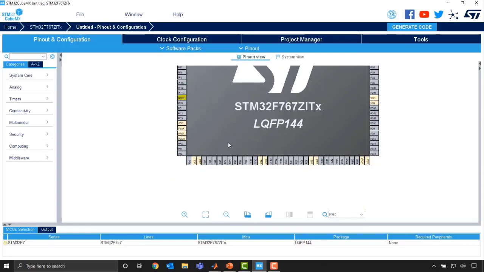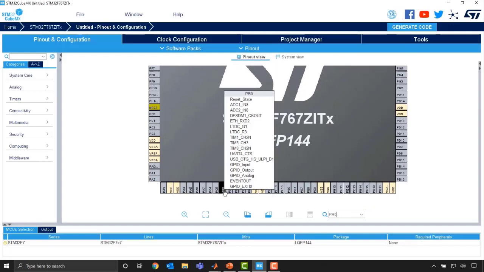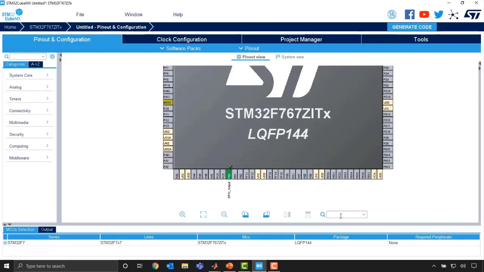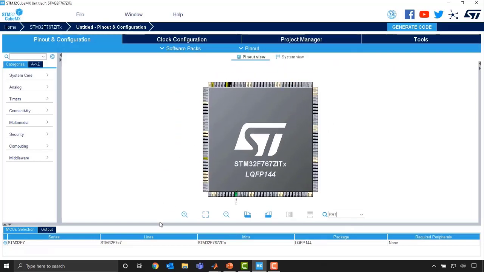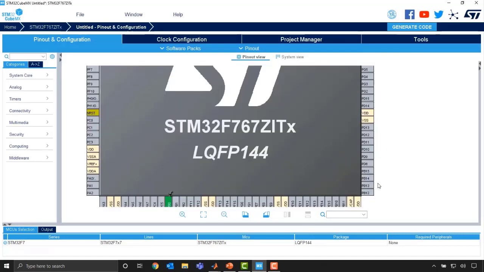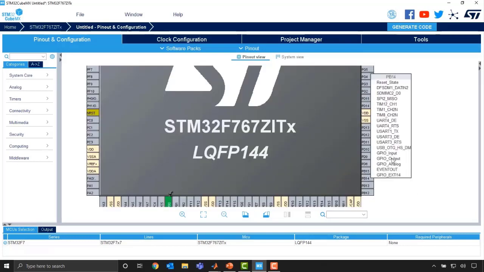And then you can see you can configure what you want to do with this pin. In my particular case, I'm going to configure that as an output. We can do that for the other 2 pins that we're interested in, PB7, which is up here. We can make that also an output. And then PB14, which I believe is down here somewhere. PB14. So I've configured those all as outputs.